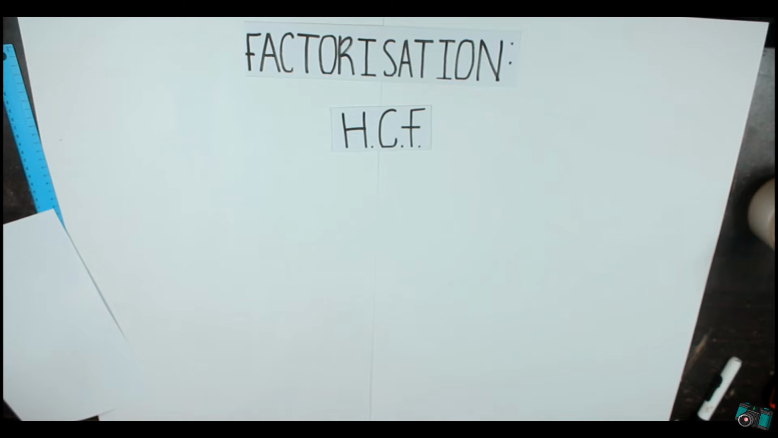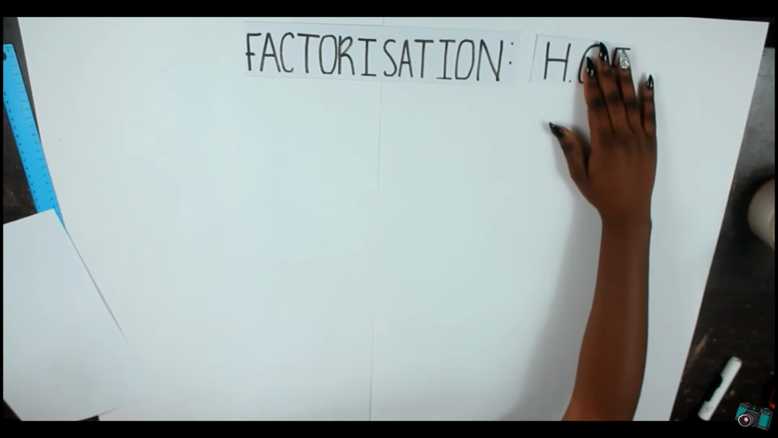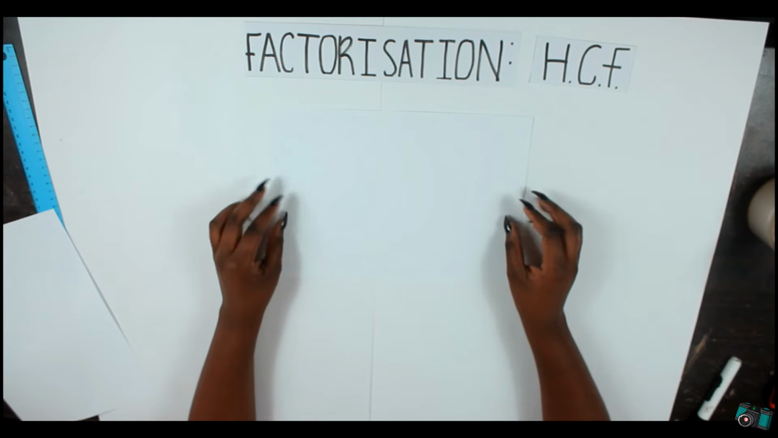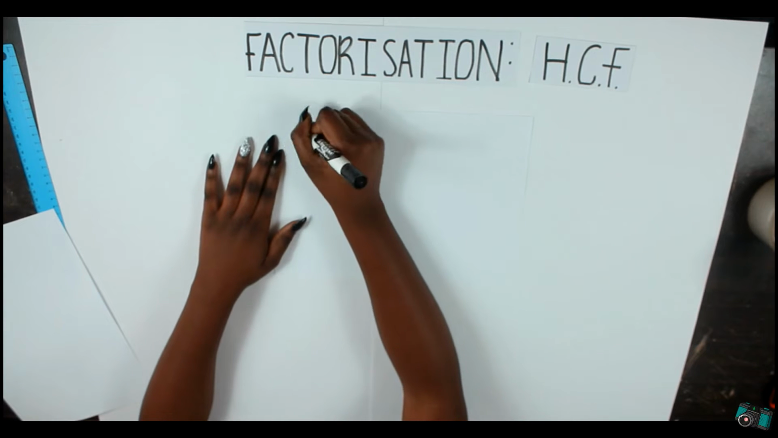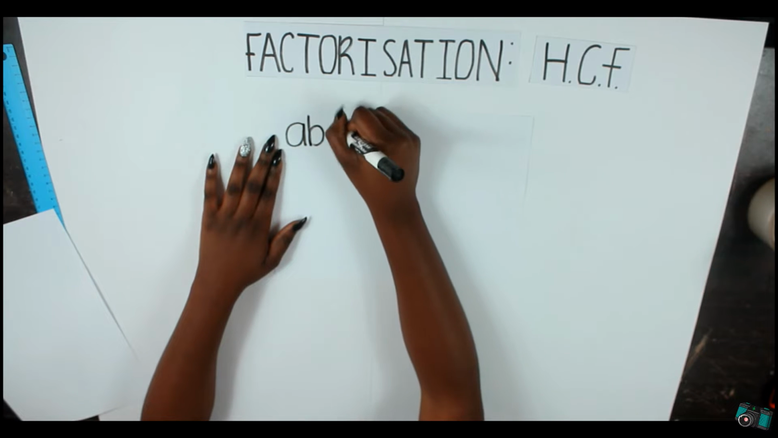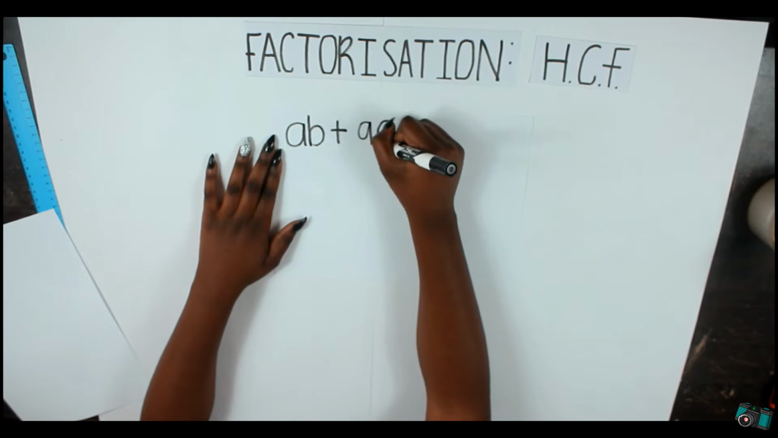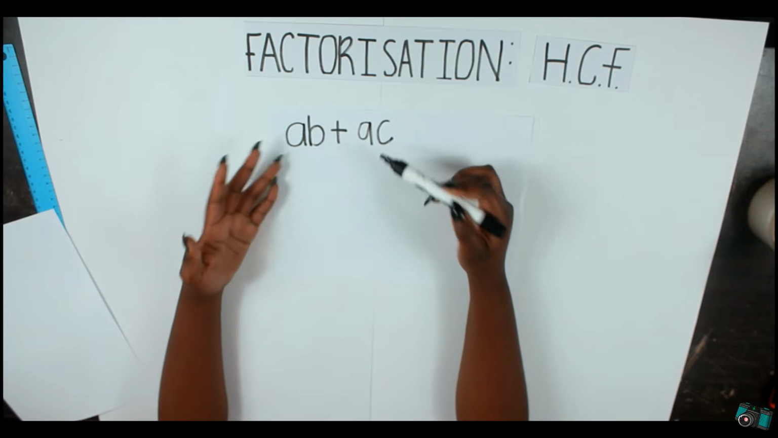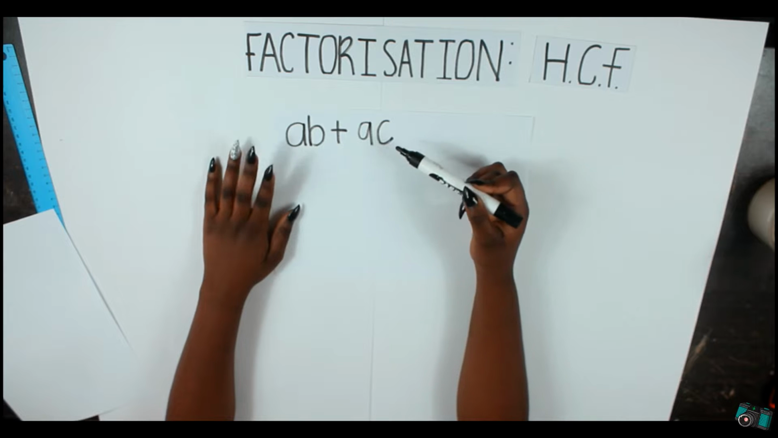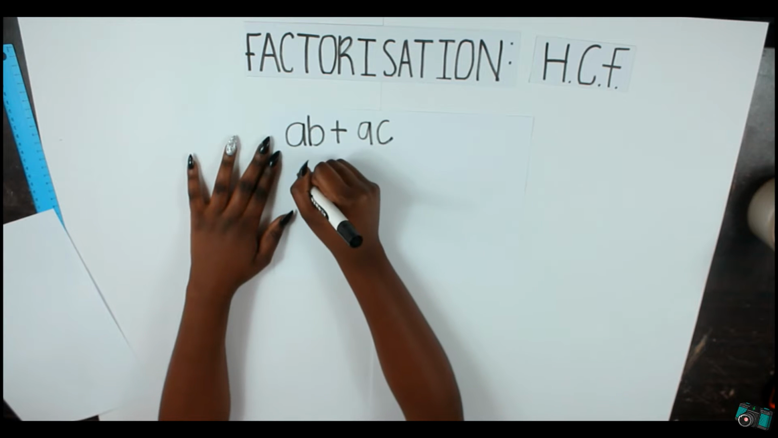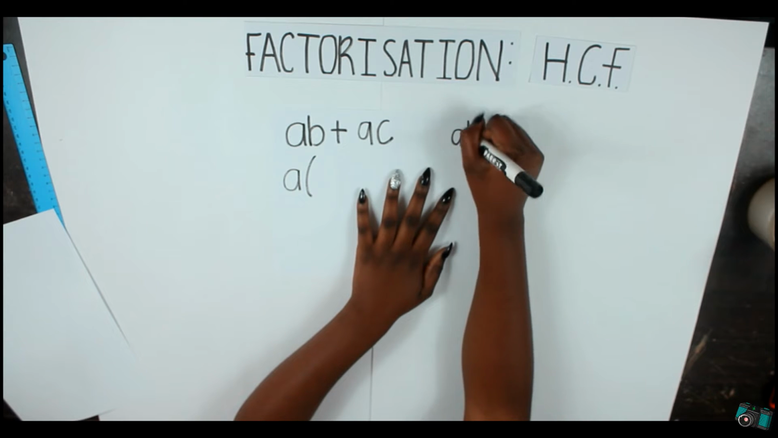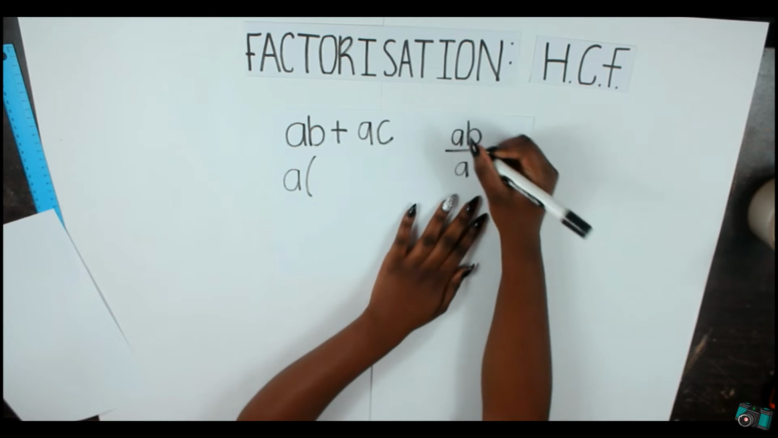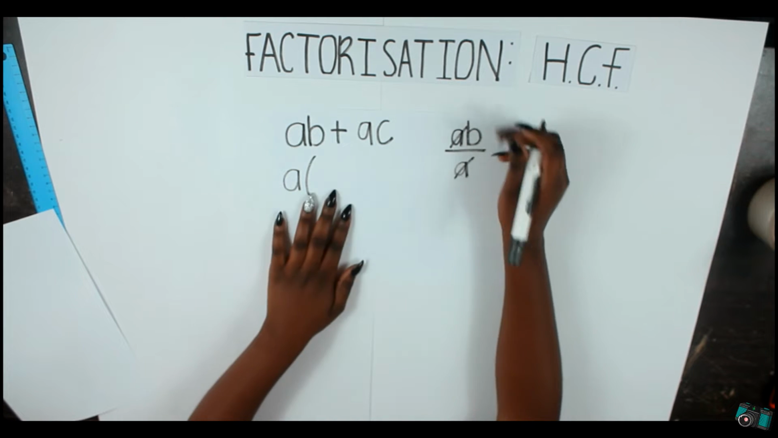The highest common factor is all about taking out the common thing in your sum, okay, and ending up with one term. With factorization, you know that you reach your answer when you have one term at the end. So let's say you had AB plus AC. Okay, you check. You have two terms. What's common in both terms? The A, right? Take out the A, and then on the side, you divide AB divided by what's common. The A cancels out, and then you have B